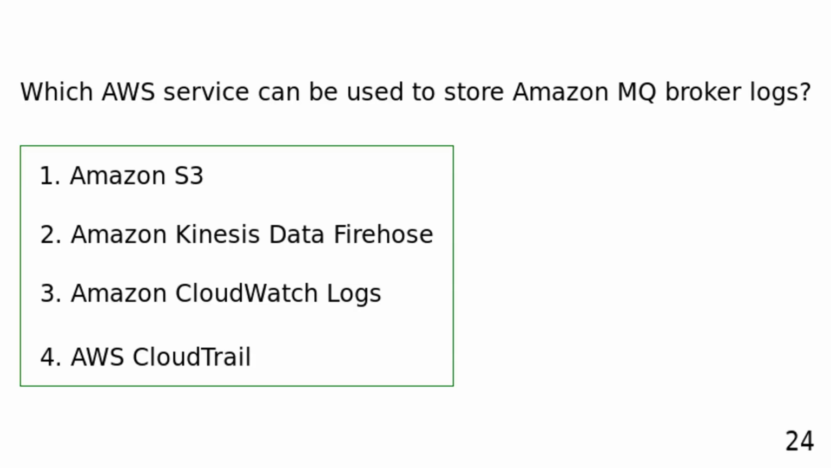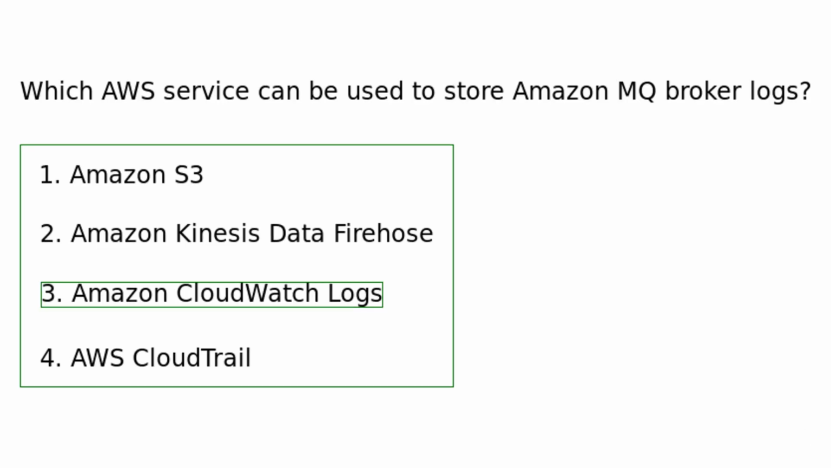Which AWS service can be used to store Amazon MQ broker logs? Amazon S3. Amazon Kinesis Data Firehose. Amazon CloudWatch Logs. AWS CloudTrail. Amazon MQ can be configured to send broker logs to Amazon CloudWatch Logs, centralizing log storage and enabling analysis and